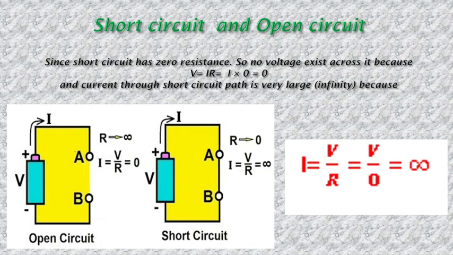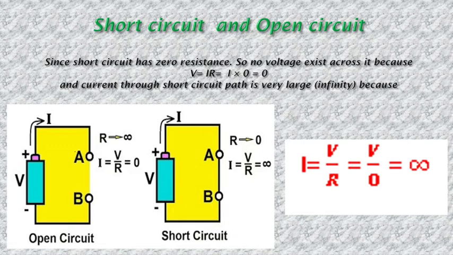Short circuit and open circuit. A short circuit is a low resistance connected between the two conductors supplying electrical power to any circuit. Practically, it can be achieved when two points of the circuit are connected together by a thick metallic wire. Here the resistance is low, ideally it is 0, since a short circuit has 0 resistance.